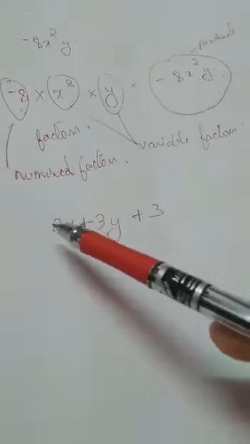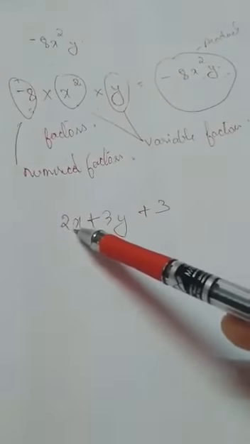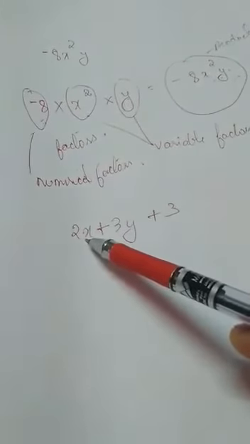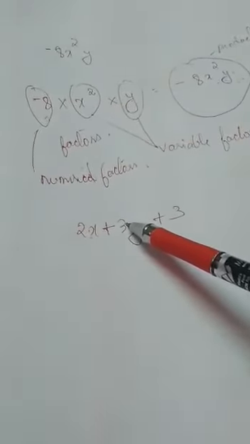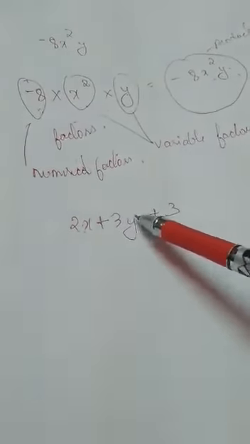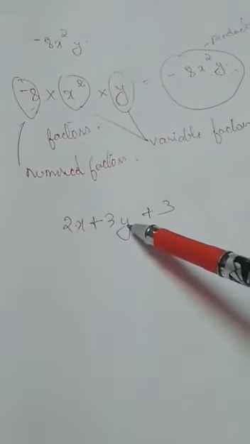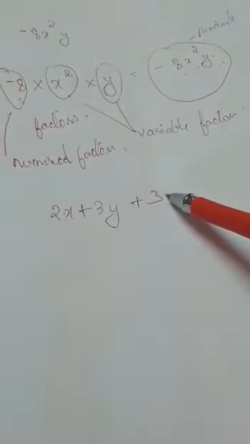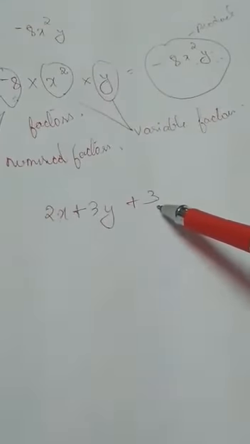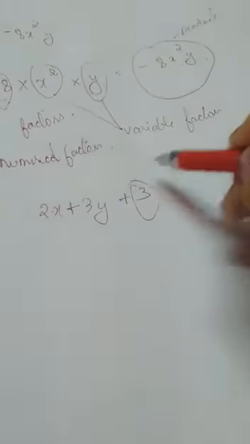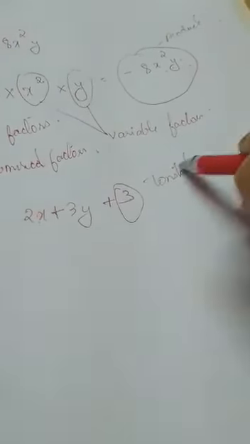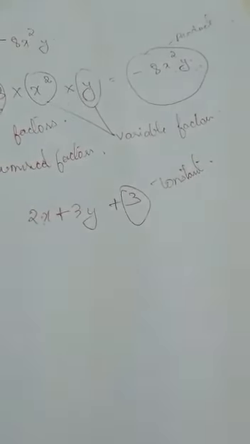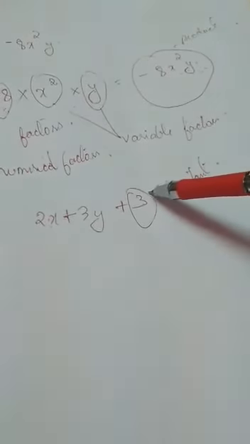See, your 2 is a constant number, isn't it? But it is attached with one variable. So I cannot say that this is a constant term. Similarly your 3 is a constant number, isn't it? But it has paired up with y, which is a variable. So this is not a constant term. You see here 3. Do you see any variable? No, we cannot see any variable. It is only alone, just 3. So this term is called the constant. If in fill in the blanks they give you this type of expression and say identify the constant term, this is the way you will identify which one is constant: the one free from any variable.